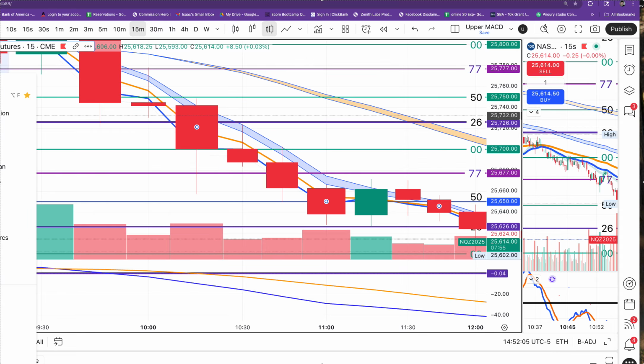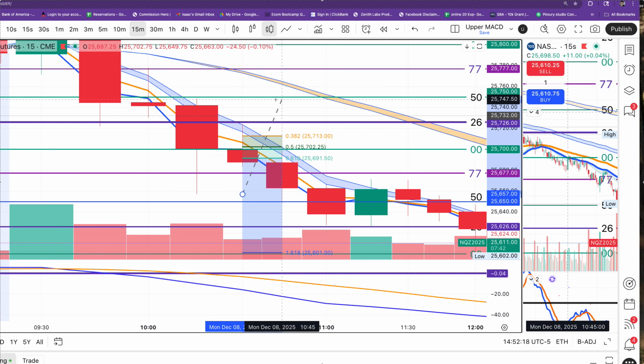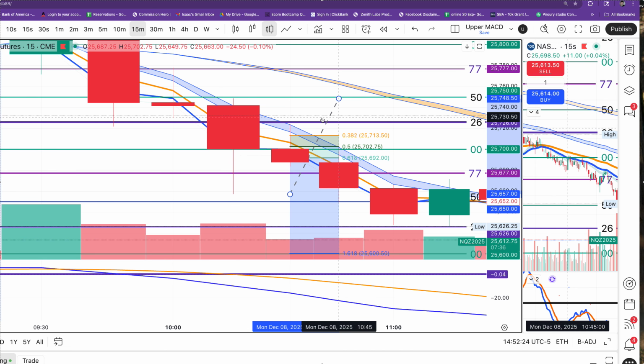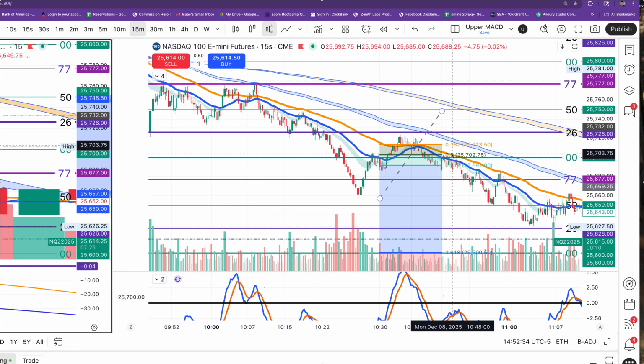So what did I do? I took my Fibonacci tool. I put it at the low of that candle, right at 10:30 sharp. And I put it at the high of that candle at 10:30 sharp. Moved it over there so that the 10:30 candle could be traded as well. Excuse me. And then that's what I had to work with there. Okay. Now, as you can see,